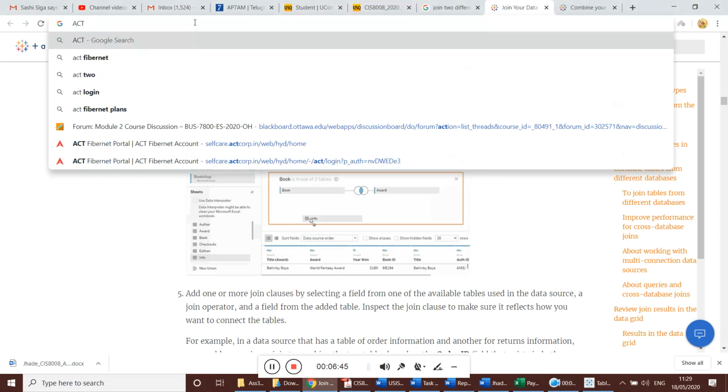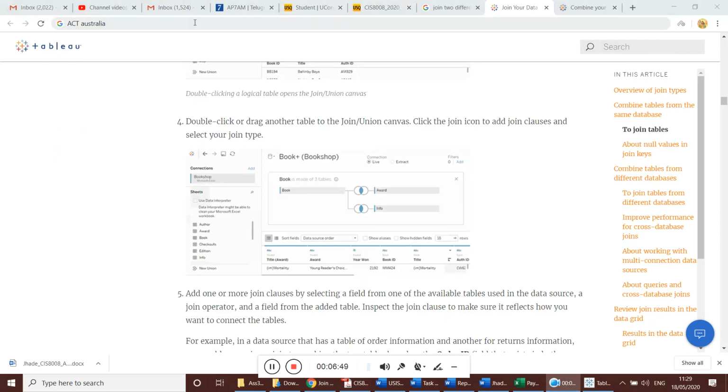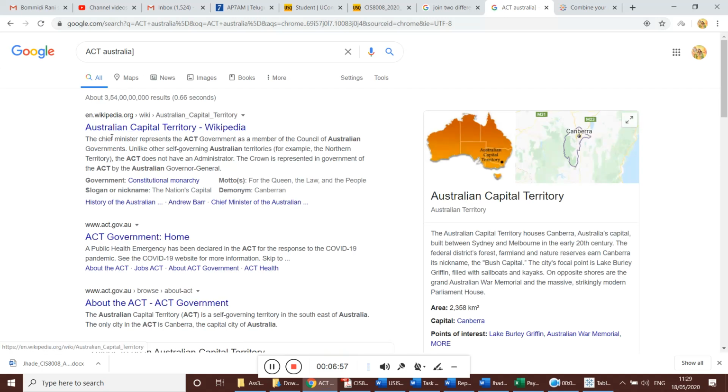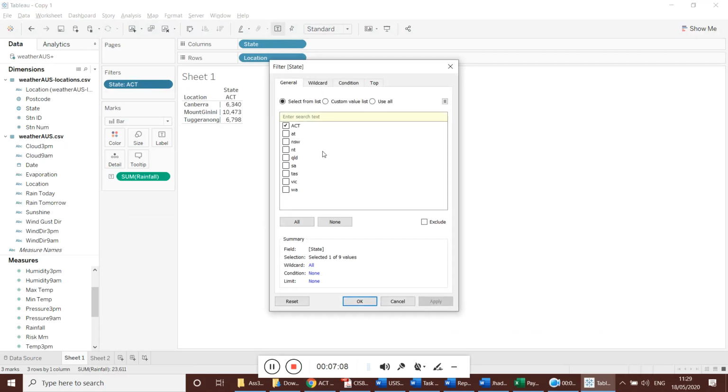ACT AUS, Australian Capital Territory. ACT means your state name is ACT Australia. If you click it, you will get details about it. If I give you some other state names: NSW, Queensland, South Australia, Tasmania, Victoria, Western Australia.